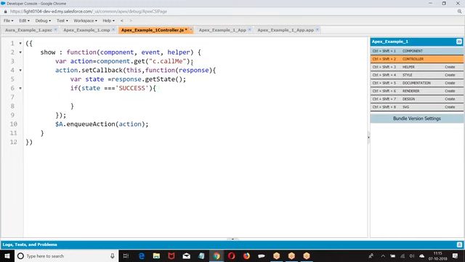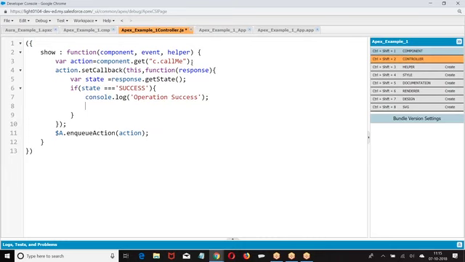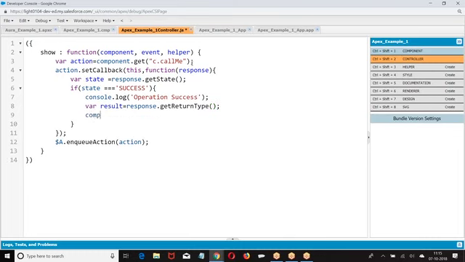If state equal to success, then console.log. Why am I writing this console.log? It is like your debug statements in the system.debug statements, to check the order of execution and where the functionality has failed. Then I am giving where result equal to response.getReturnValue, then assign this value to the component.